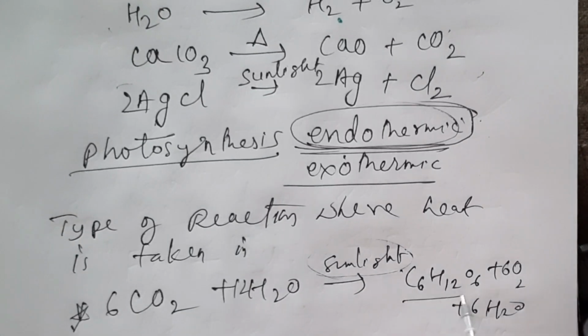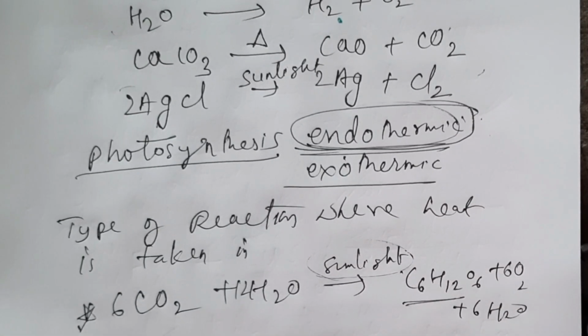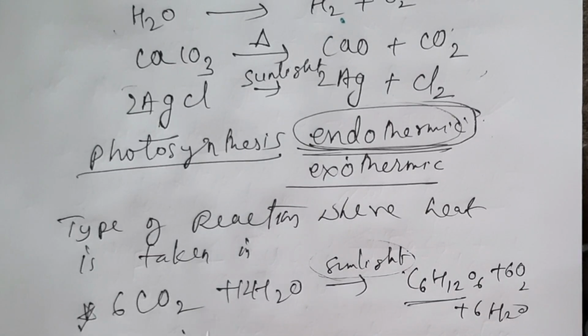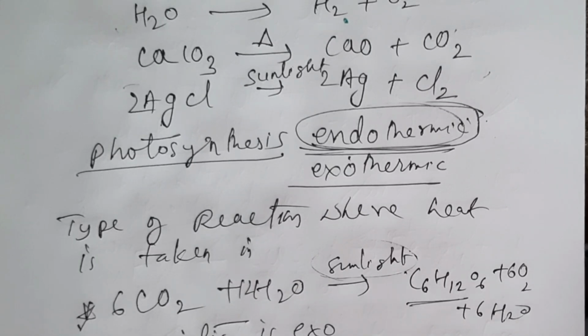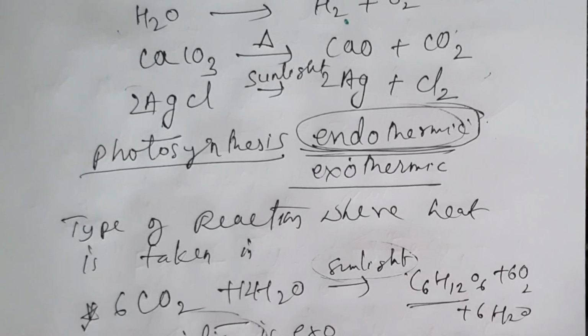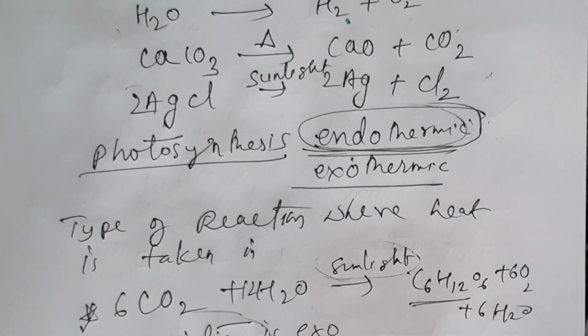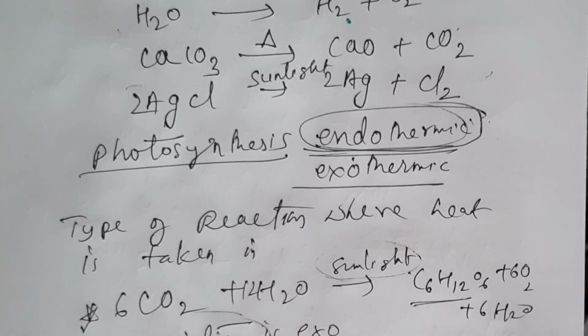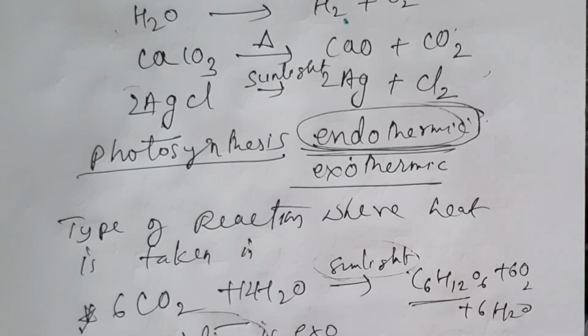So in respiration, glucose will split to give energy and carbon dioxide. So how are we going to write respiration? Respiration is an exothermic reaction. We can say either respiration or digestion, both are exothermic reactions. C6H12O6 in the presence of 6 molecules of oxygen will convert into carbon dioxide, water, and energy is liberated. So here, as energy is given out, this is an exothermic reaction.